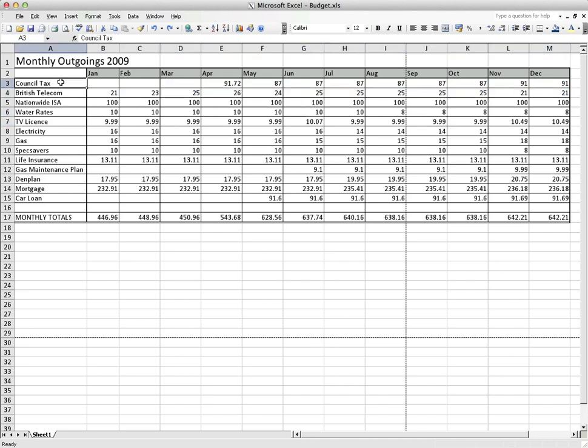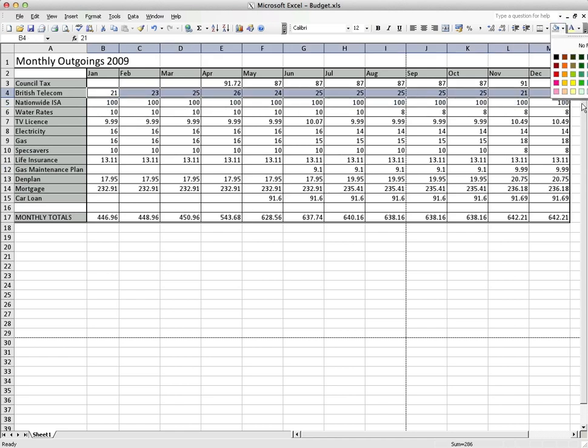So that looks quite good, and I'm just going to come down here, and again I'm going to apply that same light grey fill down here. Okay, so now we're beginning to see that it's beginning to be a little bit more readable, but still the eye often needs lines to follow, and one nice way of doing it is to select a whole row, okay, and I'm just going to fill this in a very light green, say. I'm not a big fan of that colour, but I'm just going to keep with it